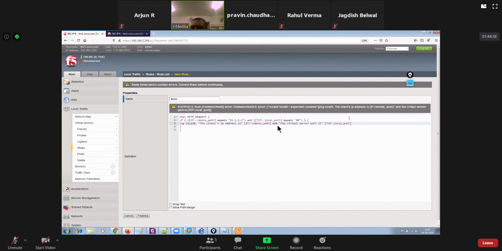I mean, this is something like TCL scripting that I don't usually work on. So I usually do copy paste for the iRules. You can easily find that. Still the same issue.